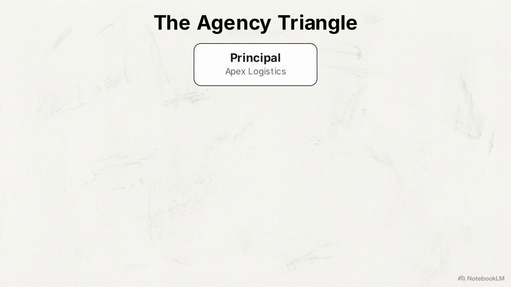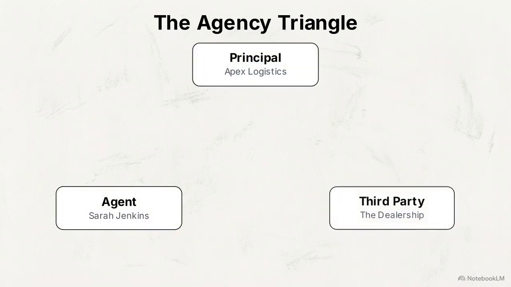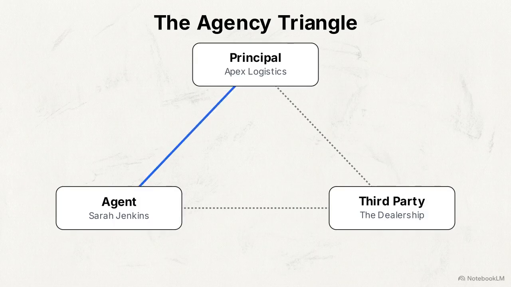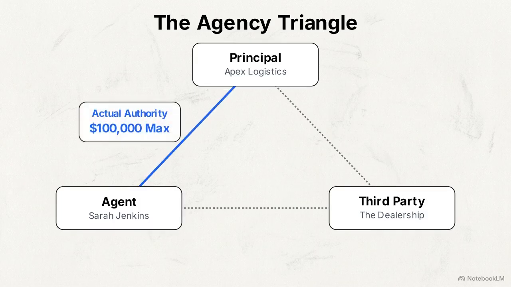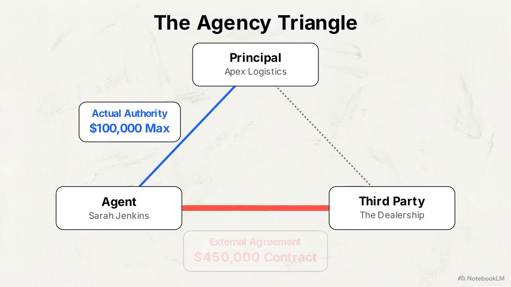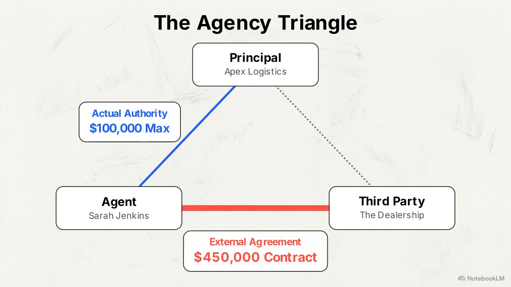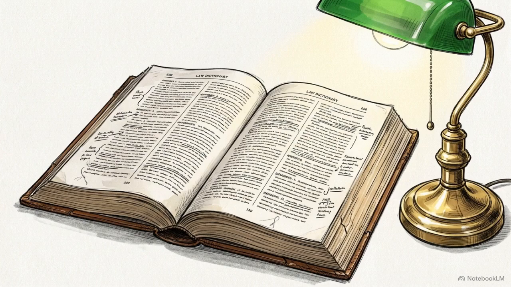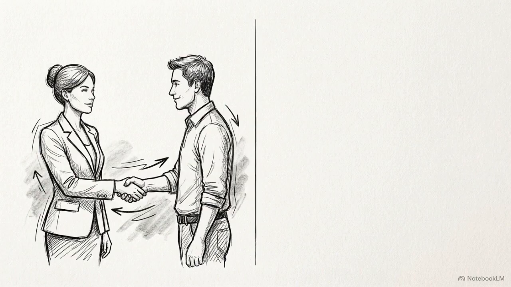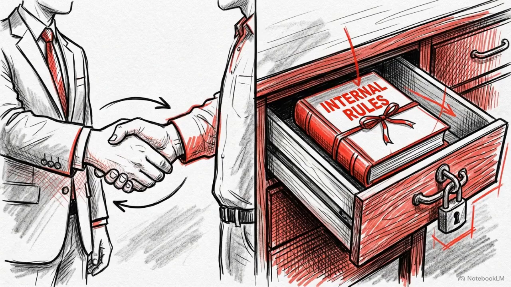To find out who pays, we use the agency triangle. It maps the principal, the agent, and the third party. Actual authority strictly limits the agent's internal spending to $100,000. But mathematically, Sarah's $450,000 external agreement vastly exceeds her internal permission. This discrepancy triggers a legal doctrine known as apparent authority. It is the specific mechanism the law uses to determine what happens when an agent's public actions contradict their private